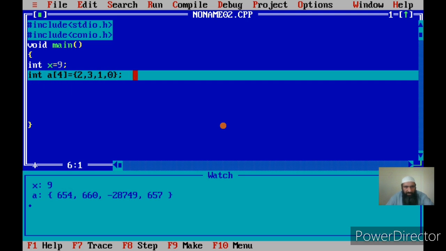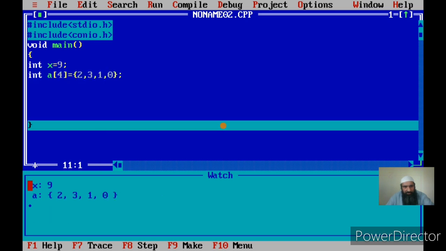This statement has not been executed yet. The array A has been created. It has 4 elements. The first element is A of 0, then A of 1, then A of 2, then A of 3. This I have explained in the lecture on arrays. Now what are the initial values I am giving? 2, 3, 1 and 0. This is also called initialization at the point of declaration, because once I am declaring the array, I am giving the initial values. See here, this changes. All the 4 elements are assigned the respective values in the order in which I have given the values. I hope this is clear.